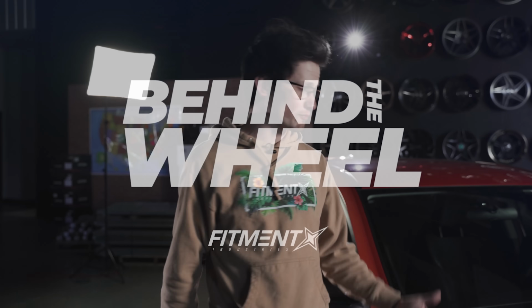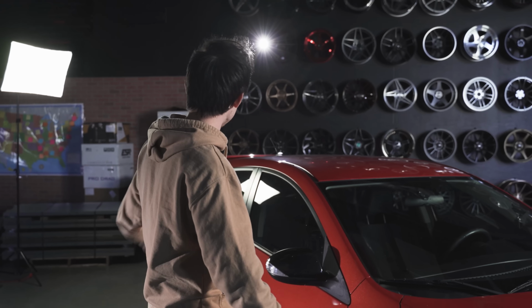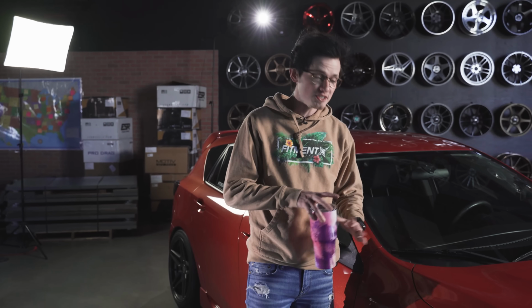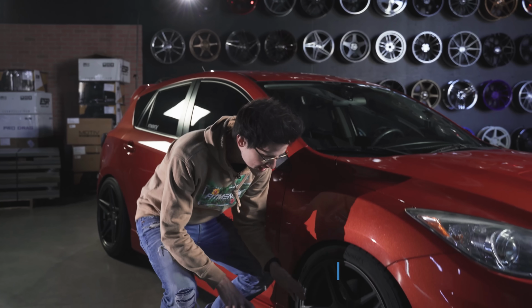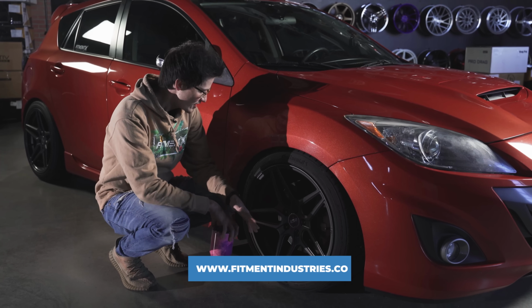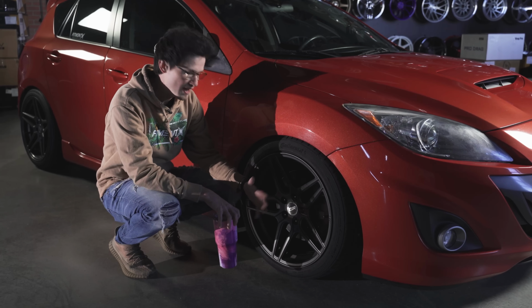Now, obviously, the big thing with Rachel's car, besides the fact that it's shiny in some places and it's not shiny in others, Rachel actually has been taking pretty decent care of this car. Okay, first things first, though, she did modify it a little bit. She went with the ESR RF15s. These are 18 by 8.5 plus 30. You got some Continental tires on it, and then she's got some Neo Max coilovers,